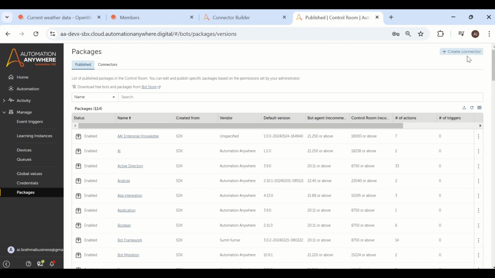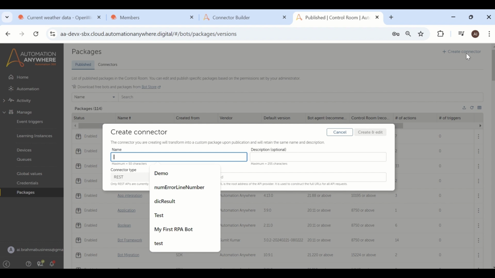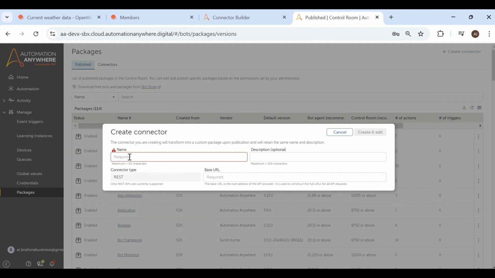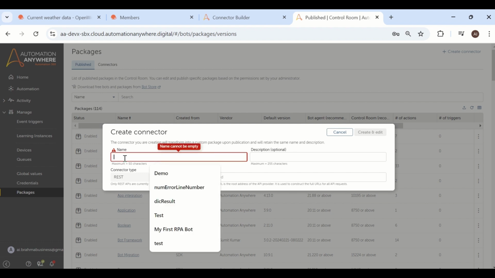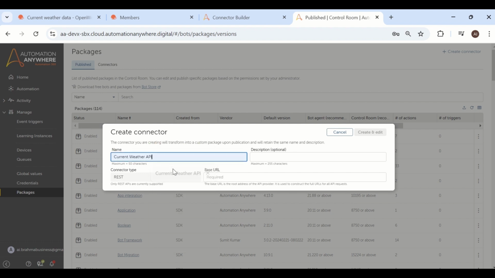So now I have Create Connector, and if I click on this plus symbol, I get a notification bar like this. I need to fill in the information. What is exactly the name of the connector package, right? For example, I'm going to add Current Weather API because I'm creating a current weather API, and you can have a base